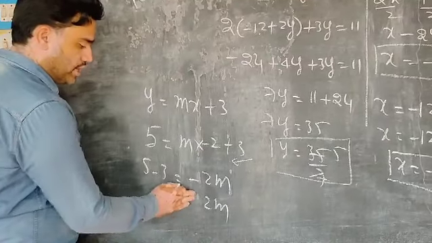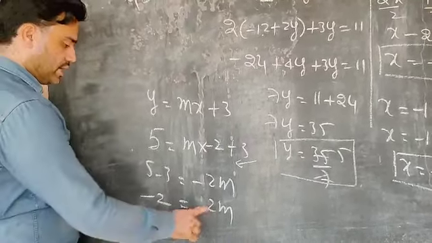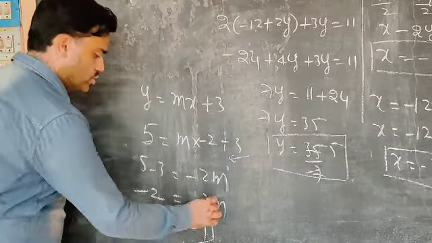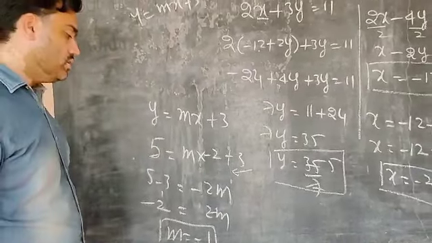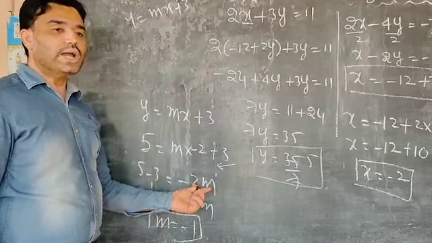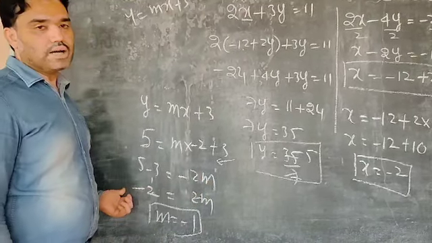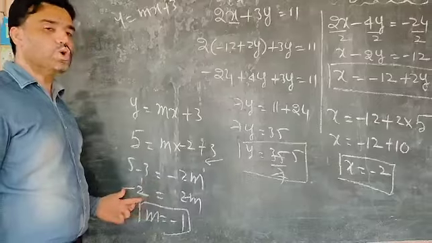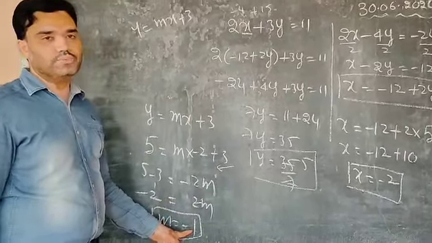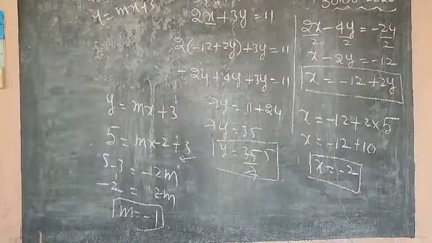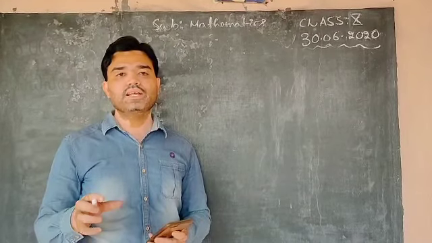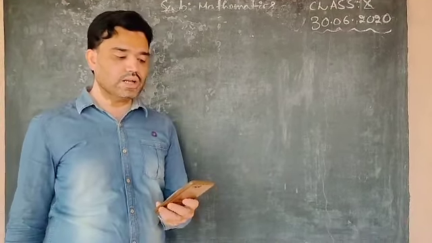Okay, minus 2 you write to the other side, then it goes one time. So m is equal to minus 1. If the variable has a minus sign, it means you write the same sign to the constant number. Minus 2m is equal to 2 means 2m is equal to minus 2. 2 gets cancelled. m is equal to minus 1. Okay children. Now this exercise is completely about the substitution method. So let us look at the next problem.